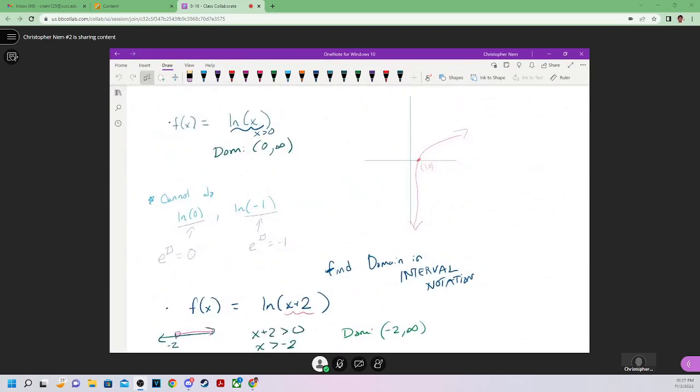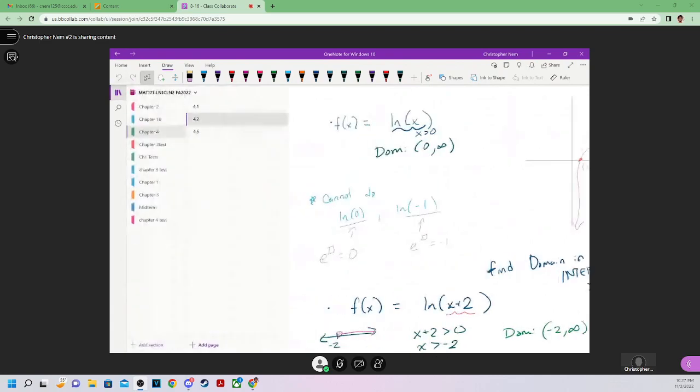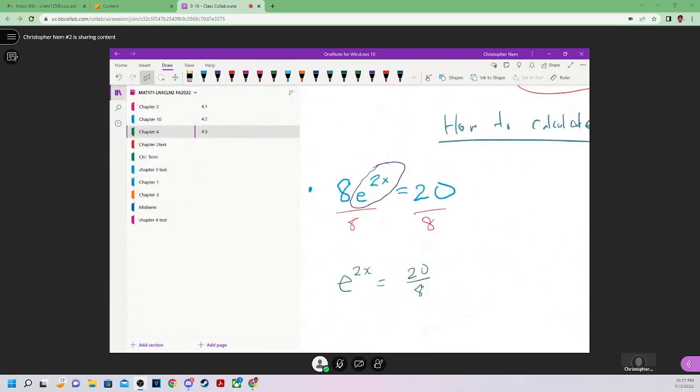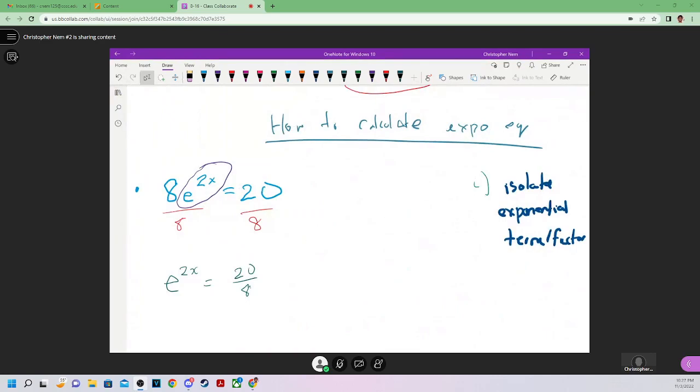Why is it natural log and not any other log? Well, because natural log is log base e, and clearly our base here is e. So for the second step, we're going to apply the inverse logarithm